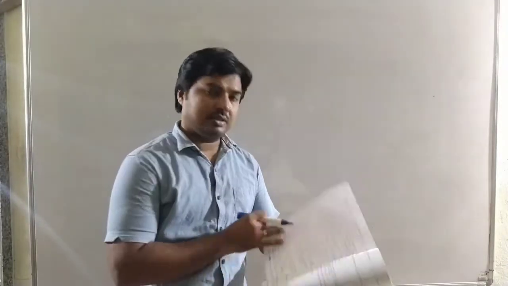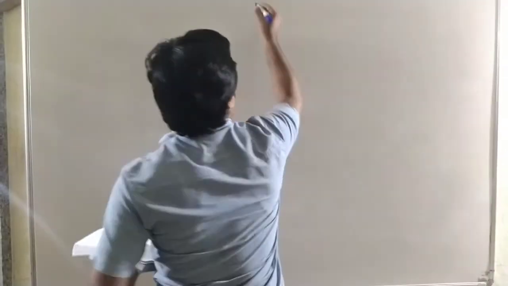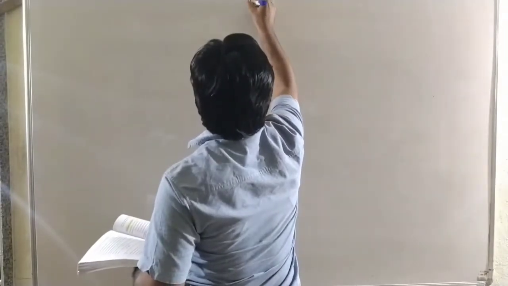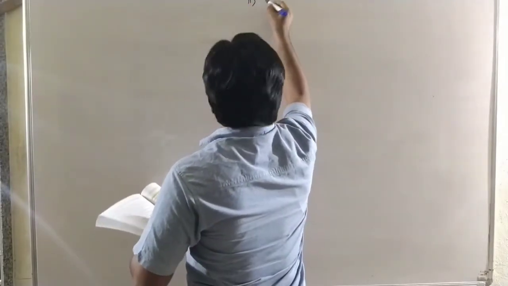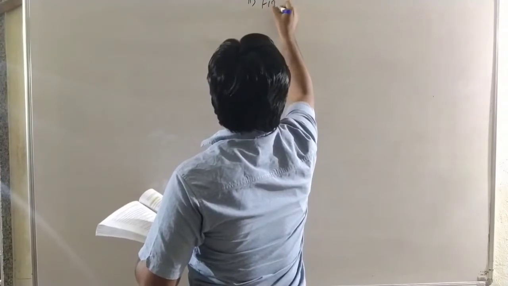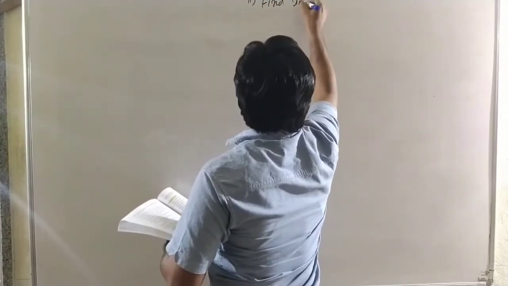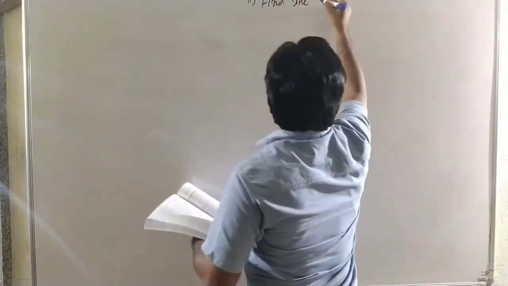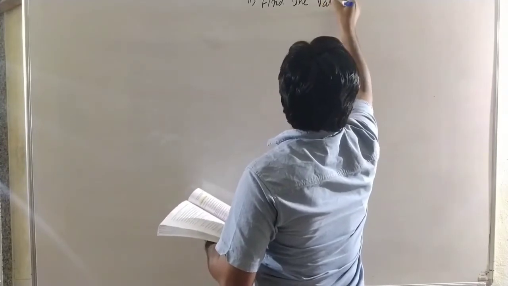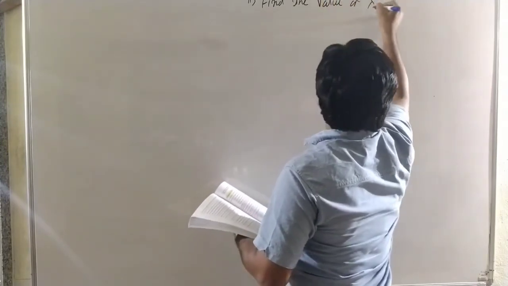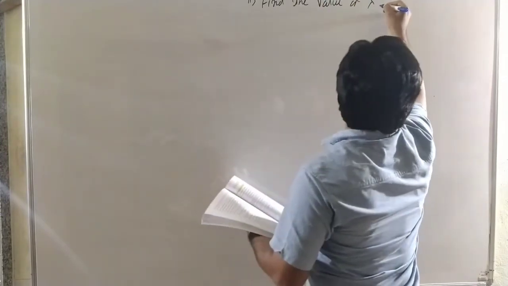The examples in the miscellaneous exercise 6a. Now example number 11: find the value of lambda. Find the value of lambda so that